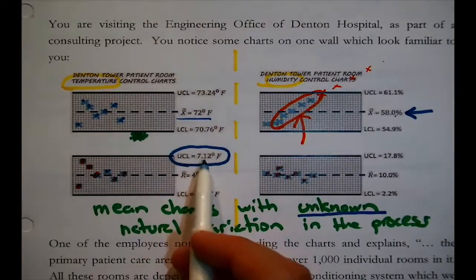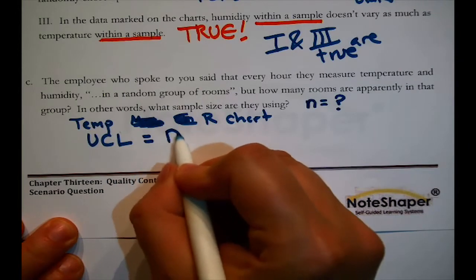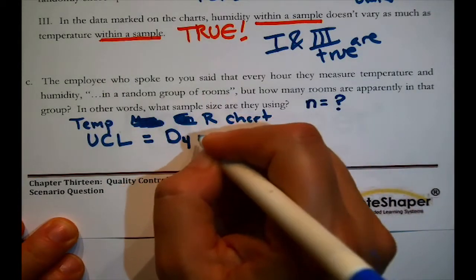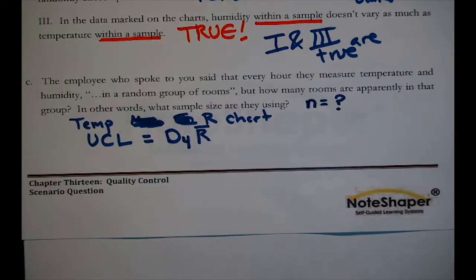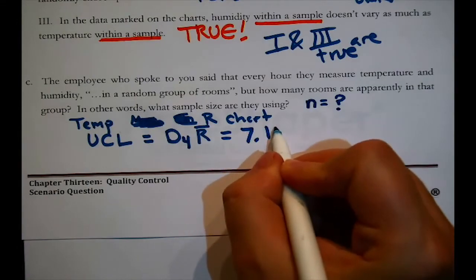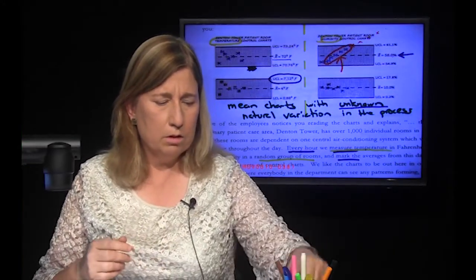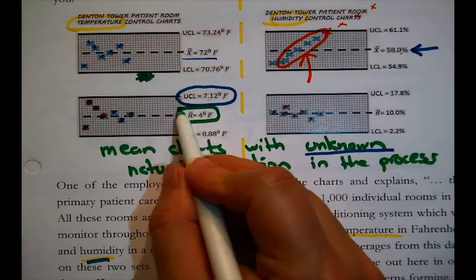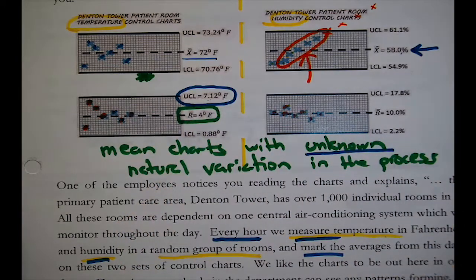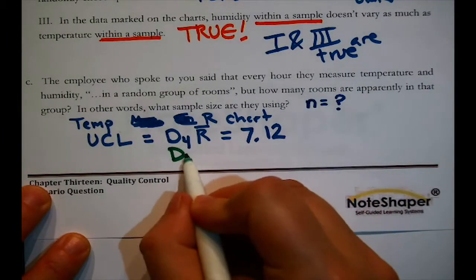Okay, I like this one because the formulas are really simple. The formula for the upper control limit on an R chart is D4 times R bar. Okay, that's how you determine that number. And that number is for them 7.12. I'm just reading it right off of here. And I can even tell what their average range was when they were gathering data to create the charts, because it's right there. R bar means average range. So D4 times 4